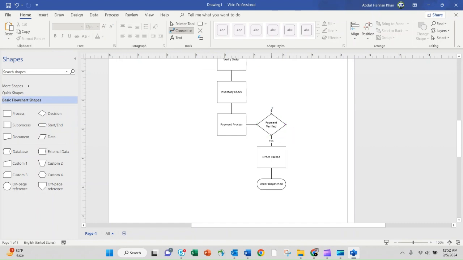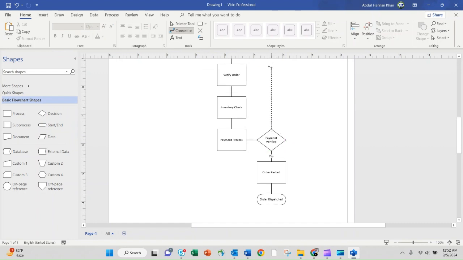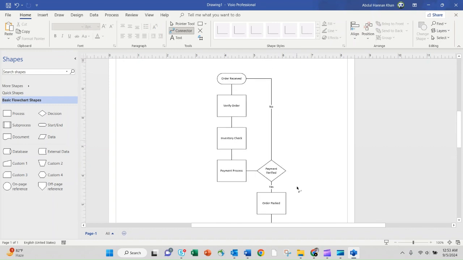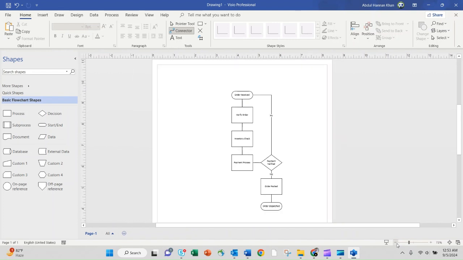And just in case of no, go back. Okay, you can select this line and just write no, so it will tell. So this is a basic flowchart diagram, and we can name it as